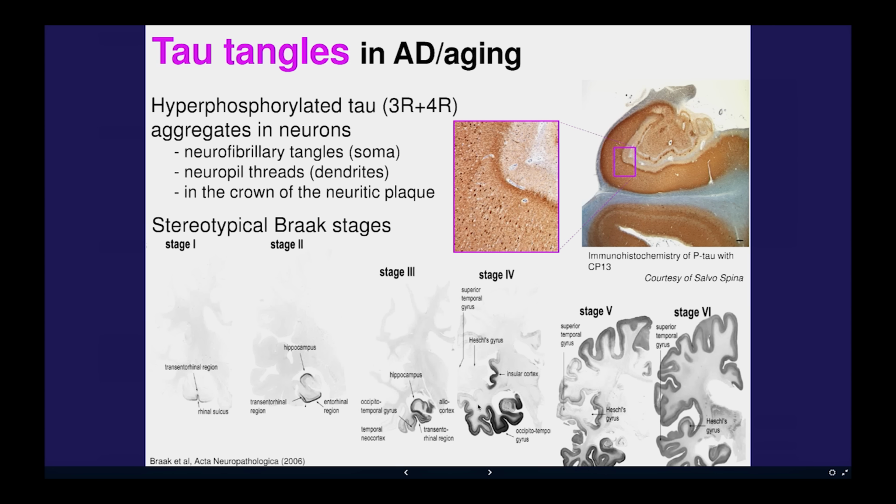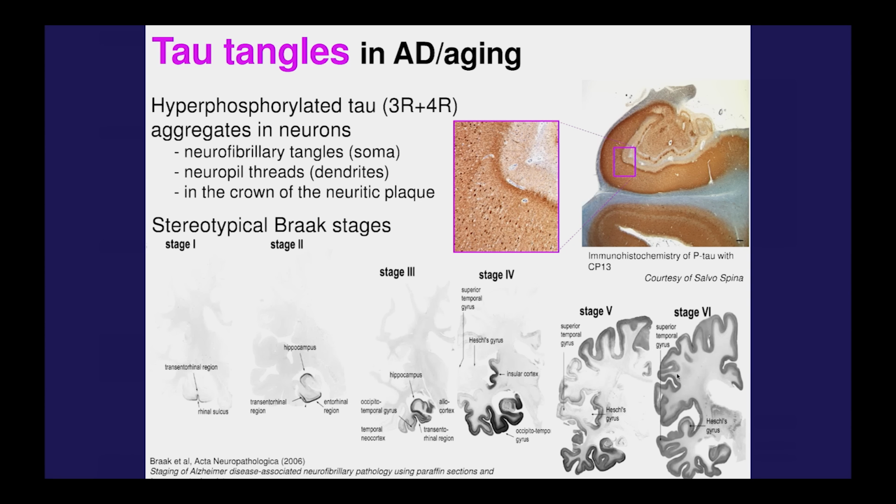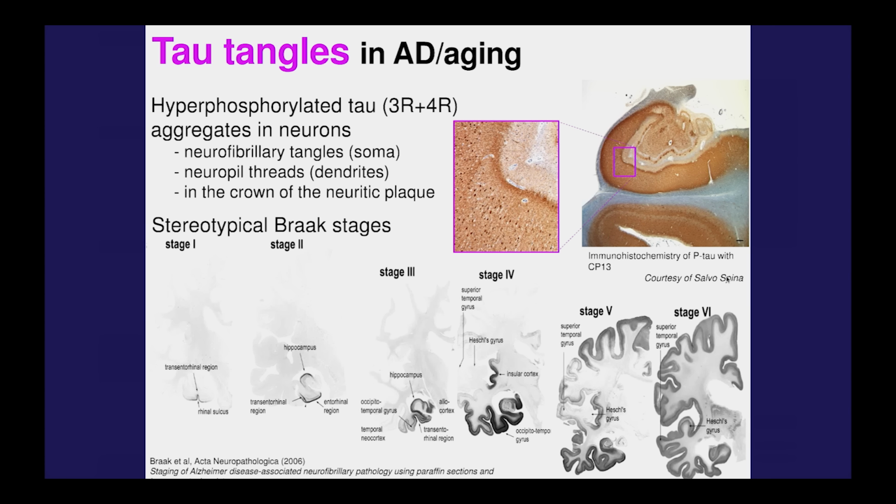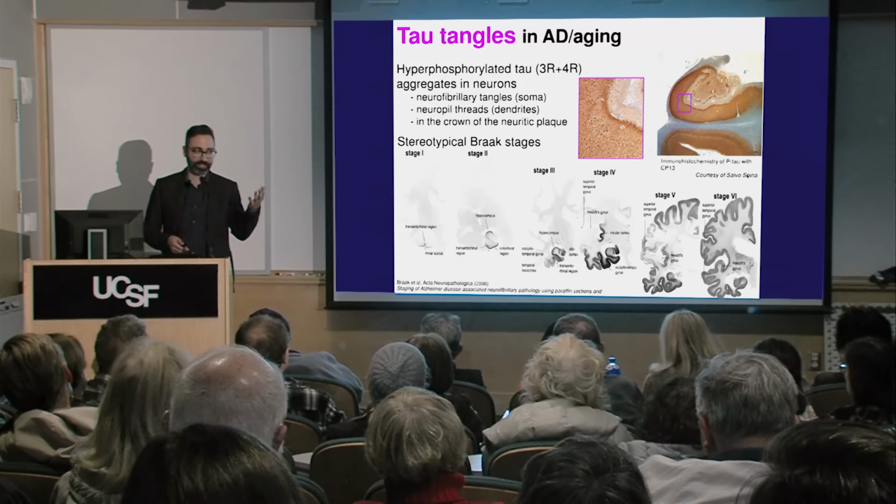And then as it spreads more to the cortex and involves different cortices, it becomes more and more widespread in the brain. And so every one of these has a stage, which was first described by Braak and Braak. And so we call this a Braak staging of the tau presence in the brain. And the higher the Braak staging, the more diffuse the tau tangles are, and usually this correlates with severity of the symptoms. So the more tau you have, the more symptoms you have. But the accumulation of the amyloid does not always necessarily correlate with the severity of the symptoms.